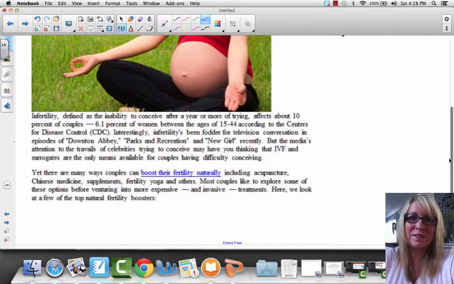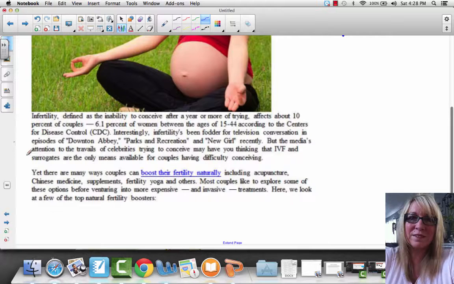Infertility, defined as the inability to conceive after a year or more of trying. This affects about 10% of couples, 6.1% of women between the ages of 15 to 44, according to the Centers for Disease Control. Interestingly, infertility's been fodder for television conversation in episodes of Downton Abbey and Recreation and New Girl